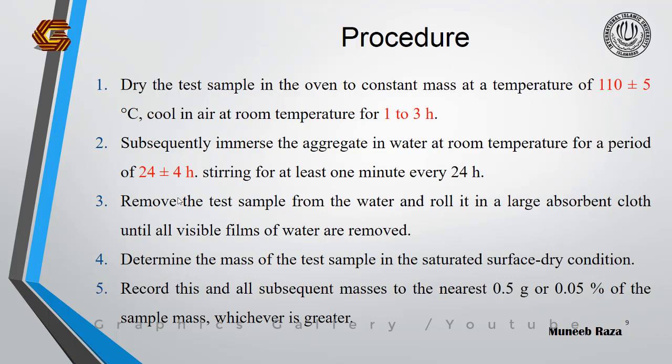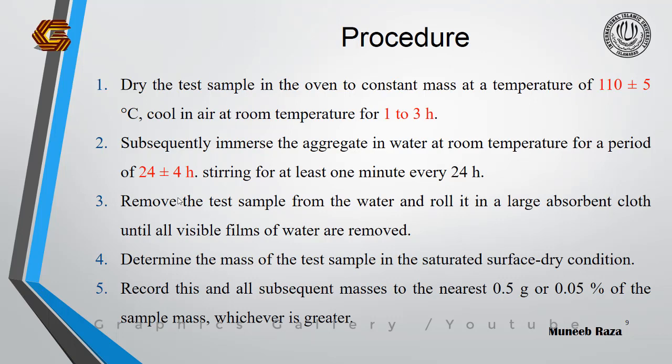And what you have to do now, just take that sample that you have to take from the oven and put it in the wire mesh bucket. And then just put that whole sample and mesh into the water tank and continue stirring to remove all air voids for 24 hours. And you have to note down the weight on the measuring balance whenever it becomes constant.